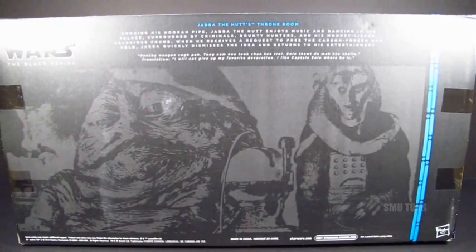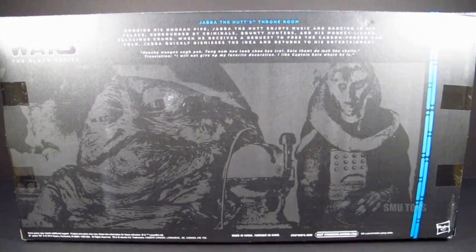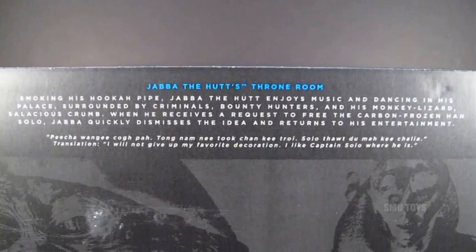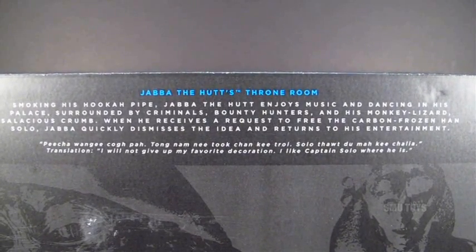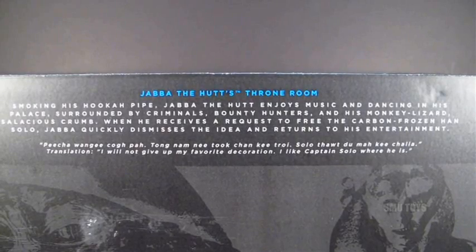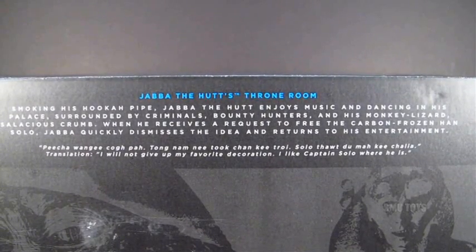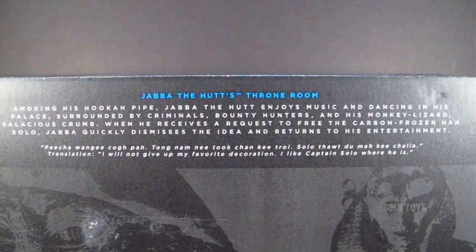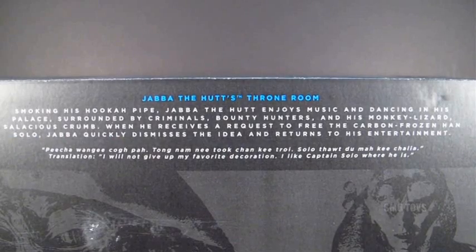So on the back of the box, it's pretty much the same as the other Black Series figure packaging in its style and design and artwork. There's a description that reads, Jabba the Hutt's Throne Room. Smoking his hookah pipe, Jabba the Hutt enjoys music and dancing in his palace, surrounded by criminals, bounty hunters, and his monkey lizard, Salacious Crumb. When he receives a request to free the carbon-frozen Han Solo, Jabba quickly dismisses the idea and returns to his